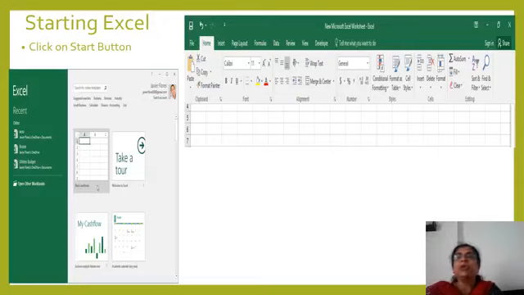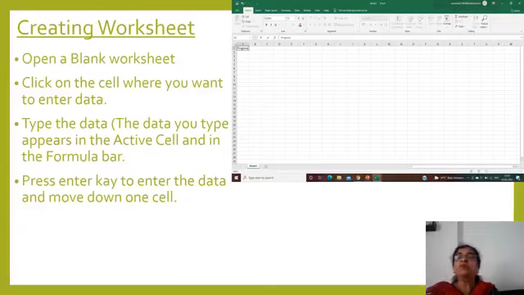See on the top. Here it is a title bar, then tabs, then the ribbon, and below the ribbon all the data you can write in different columns, that is rows and columns are given. Now suppose we want to create the worksheet. How to start typing data in that? Select any particular cell and type the data. Here we have selected the first cell. The address of that cell is A1, that is A column and first row.